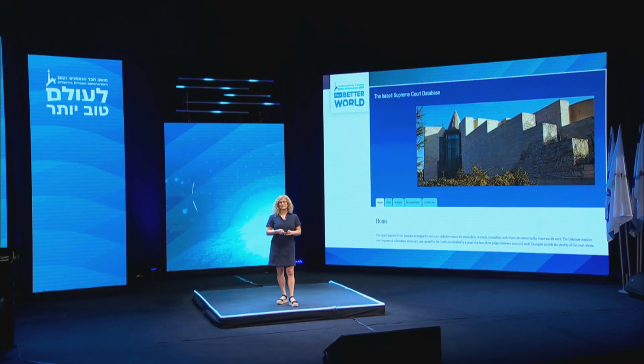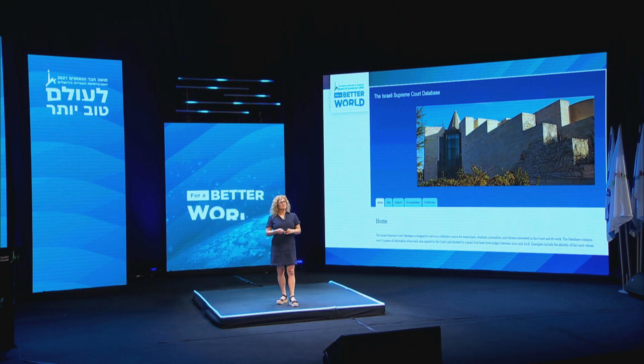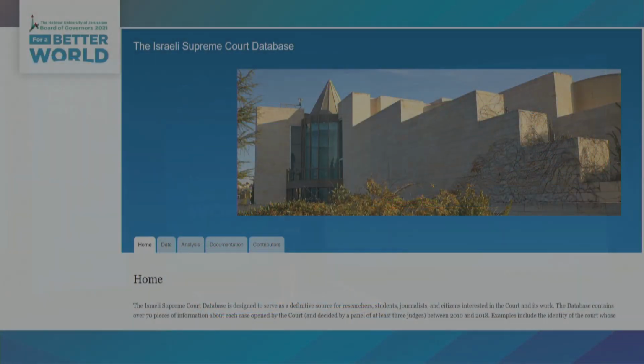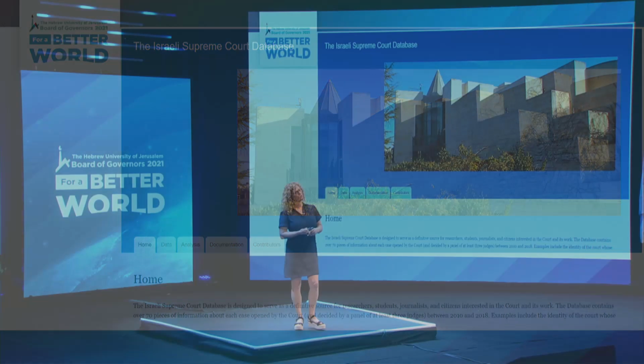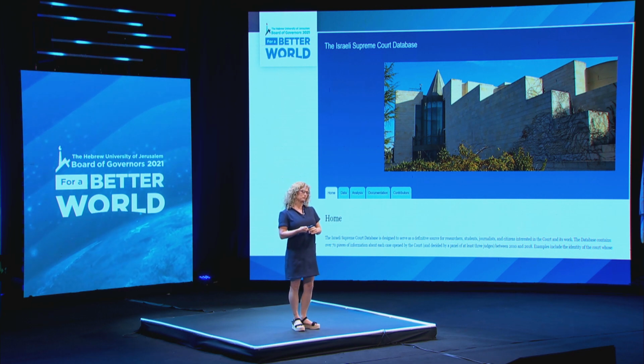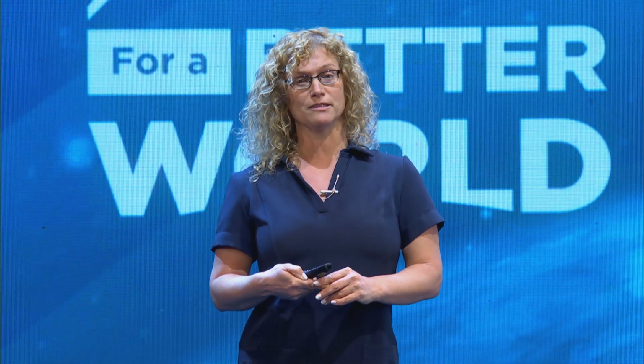In order to do all these studies about judicial behavior, we need data. And with recent developments in textual analysis and the creation of big databases, I've just published a new data set together with my co-author, Professor Lee Epstein, where we were able to code, using new methods, all the Israeli Supreme Court's decisions from 2010 till today. And we made this publicly available not only for researchers, but for policymakers and for journalists and for anyone interested in the